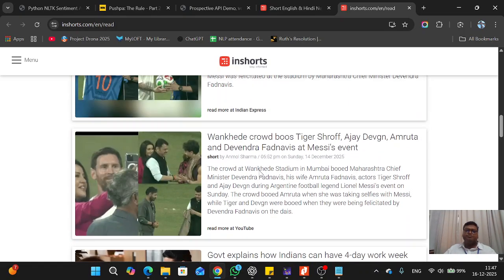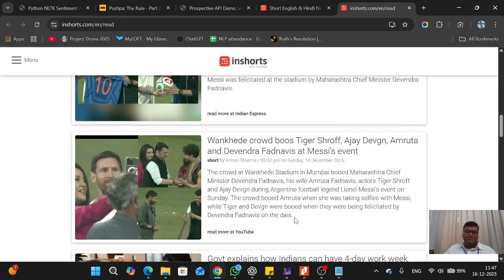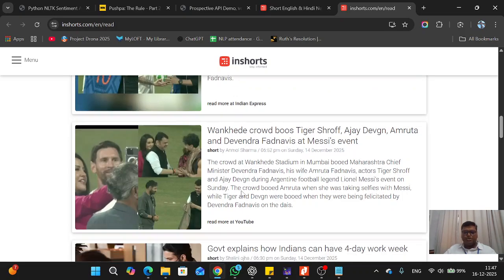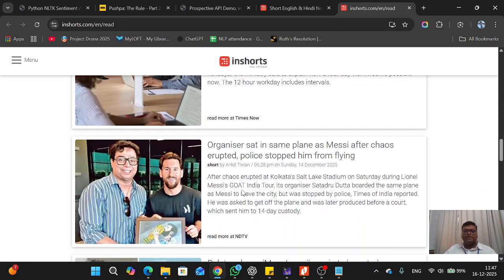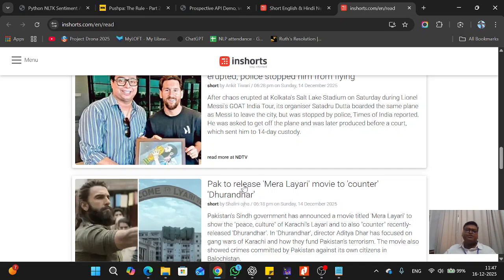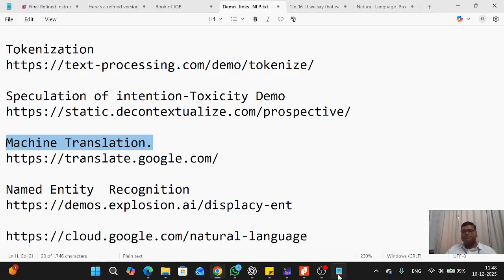Text classification means you can analyze whether a given text belongs to sports, politics, news, or cultural or entertainment. Classification of the news. See, in a newspaper you have some headings like local news, regional news, international news, then entertainment, movies. So you can have text classification,